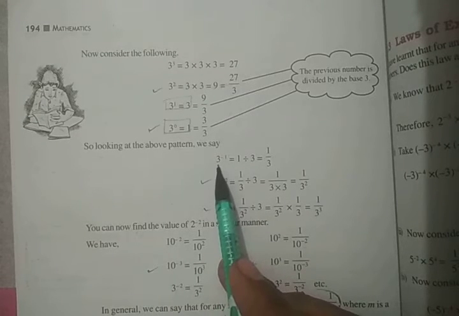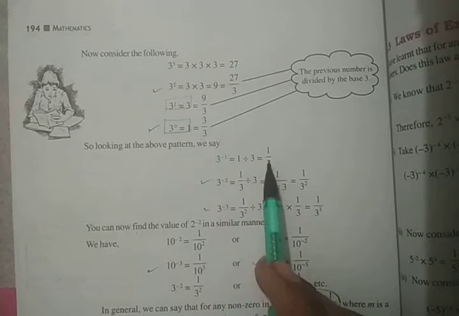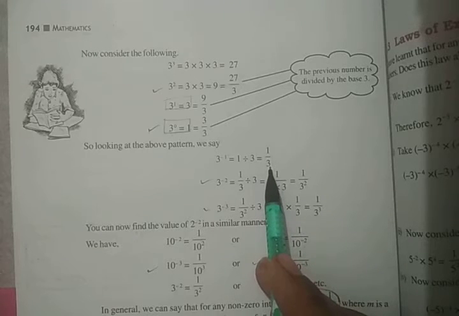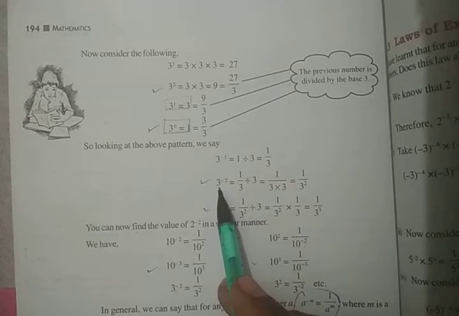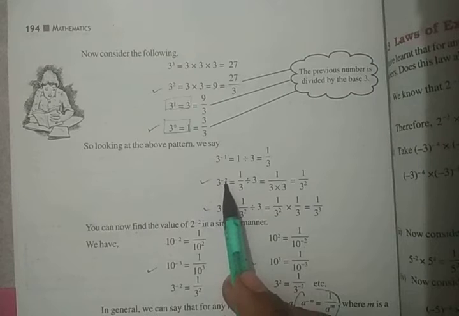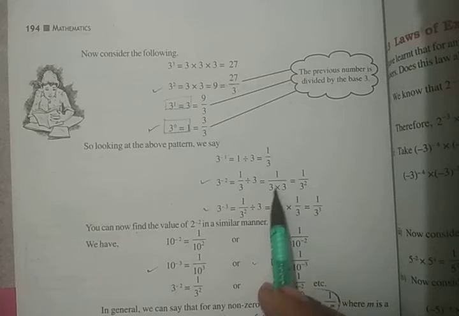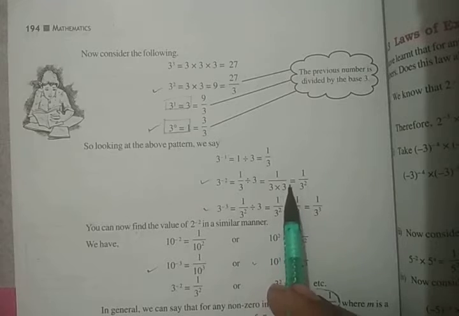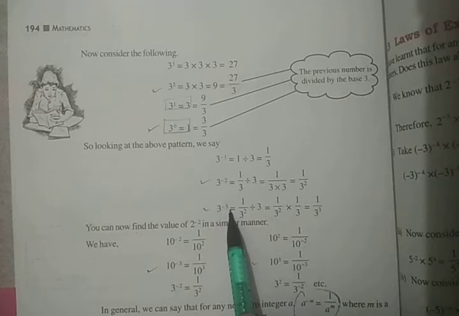Now if it is given 3 raised to the power of minus 1, you will write this as 1 divided by 3. If it is given 3 raised to the power of minus 2, you will write this as 1 divided by 3 multiplied by 1 divided by 3. That means 1 divided by 3 you have to do 2 times. Here it is 3, so 1 divided by 3. If it is 5, 1 divided by 5, like this. And you have to repeat that number of times as given on the top.